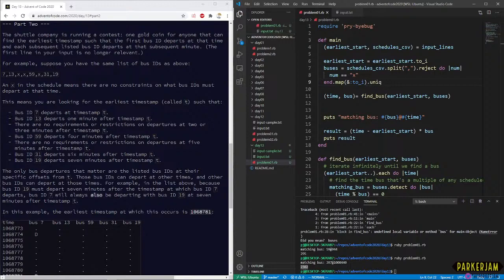For example, in the list above, because bus ID 19 must depart 7 minutes after the timestamp at which bus ID 7 departs, bus ID 7 will always also be departing with bus ID 19 at 7 minutes after timestamp T. Example, the earliest timestamp will be that big number.